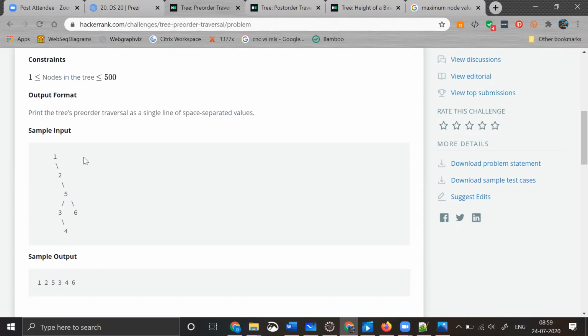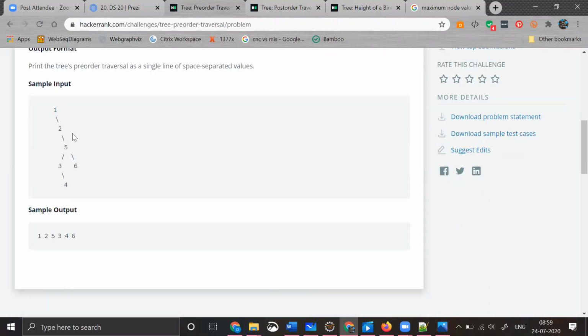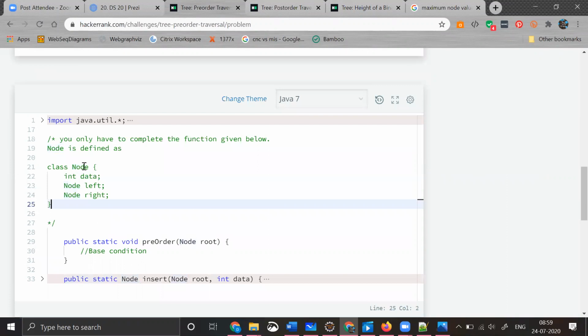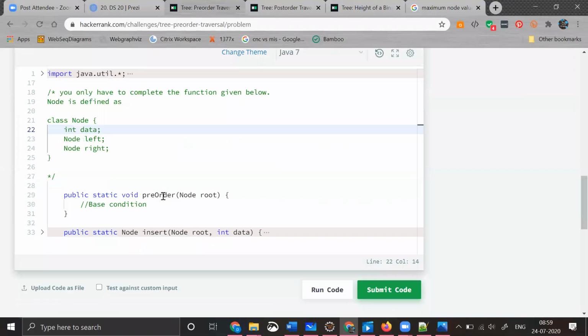We need to first try to print the pre-order for this, and the pre-order output should look something like this. So how these guys have implemented, even these guys thought the same process. What they say, instead of saying bt node, they are saying node, right? We need to follow their naming convention. Since we used the same thing for linked list also, I tried using bt node, but HackerRank wants us to use only node. That's fine, it's just a naming convention.